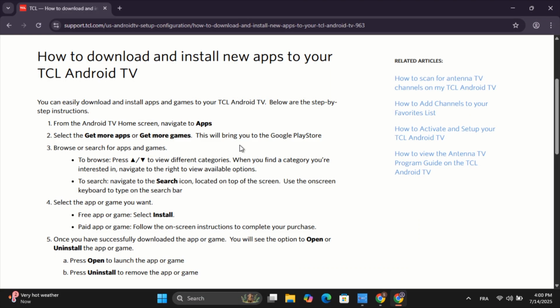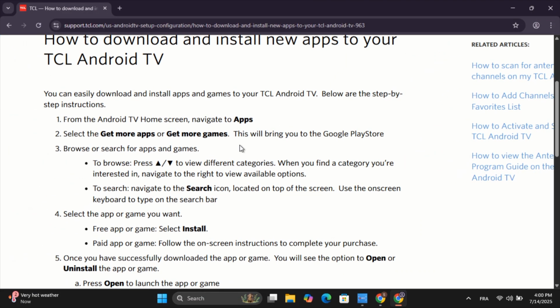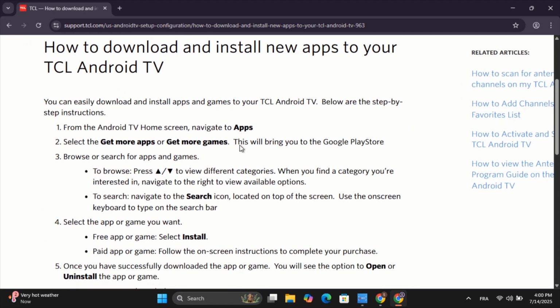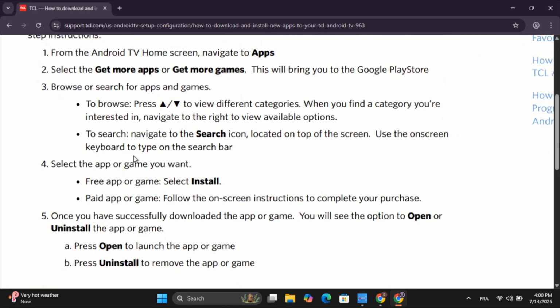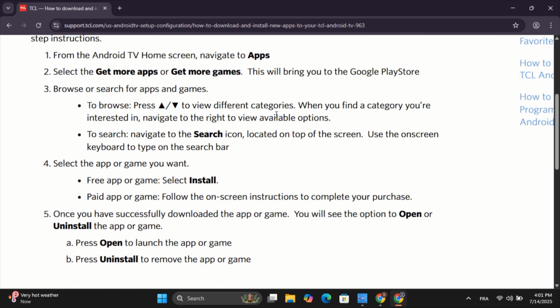In this video, I'm going to show you how to download Pikashow in TCL Android TV. So this should be a quick and easy process video. Now these are the steps to download any apps or Pikashow to your Android TV. So you can easily download and install apps and games to your TCL Android TV from the Android TV home